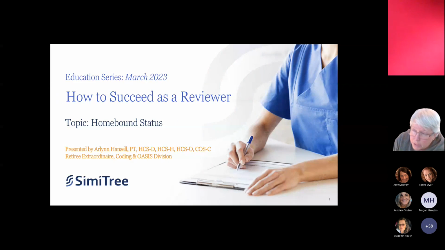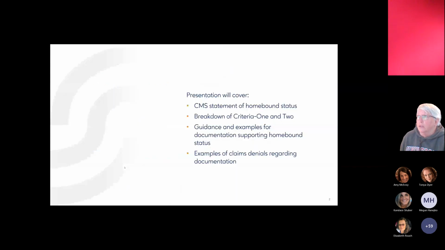Okay, so here we are in March for the How to Succeed as a Reviewer series. We're going to talk about homebound status today. So this obviously speaks to the OASIS reviewers out there, but if you are a coder, that is something that you want to be sure of, that you're looking at a chart to make sure this patient should indeed